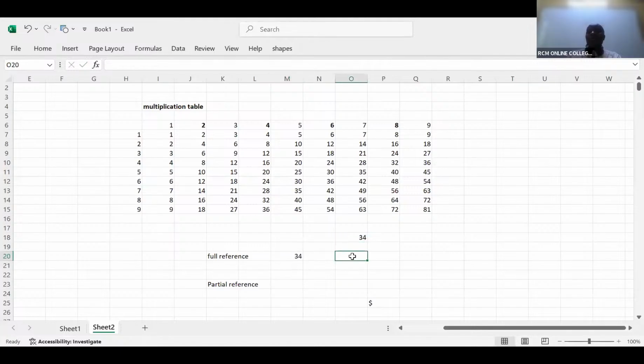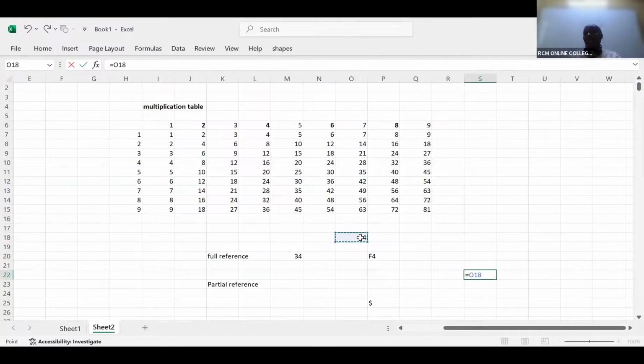Now, to do this full reference, ladies and gentlemen, we can also use what we call F4 directly. F4. Let me just put capitals. F4 like that. Yeah. If you look at the topmost of your keypad, the top buttons there, you'll be able to see escape, whatever, F1, F2, F3, F4. Yeah. So if, for example, I use F4, I will be able to come and first of all take up